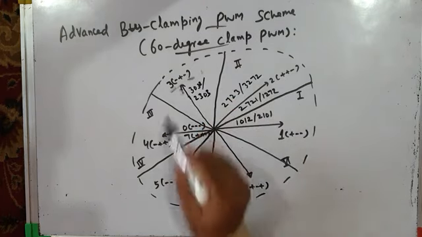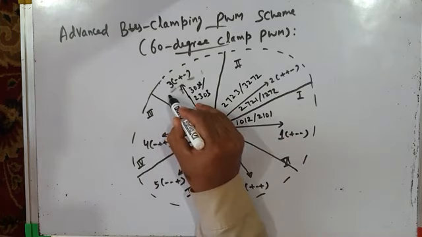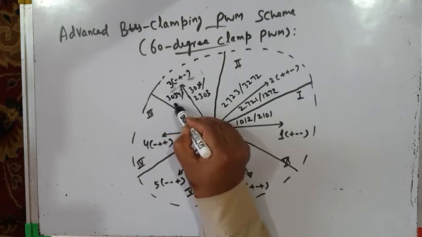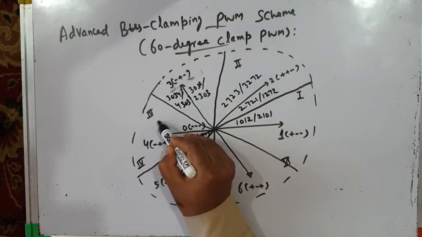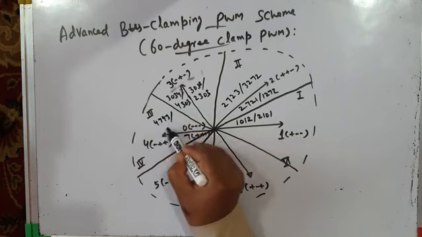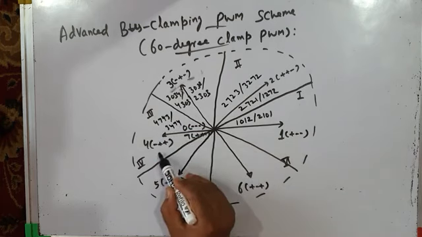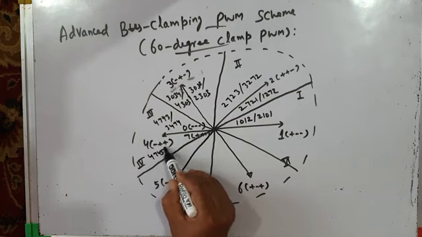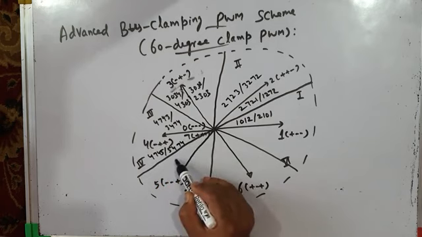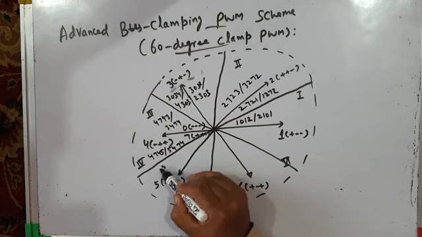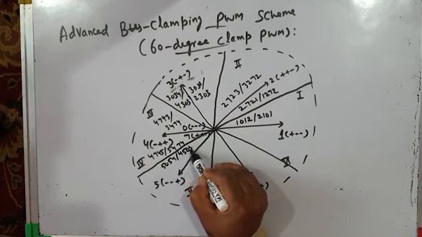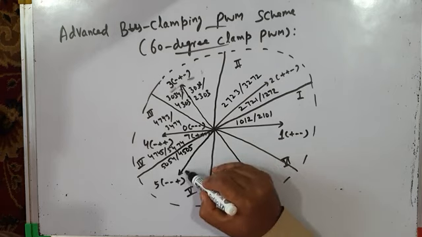Okay, then we move to sector 3. We have to start with 3 itself. 3 0 3 4, 4 3 0 3. Then 7: 4 7 4 3, 3 4 7 4. Then 4 7 4 5, 5 4 7 4. Then 5 0 5 4, 4 5 0 5. Then 5 0 5 6,